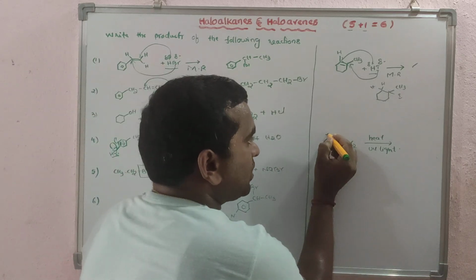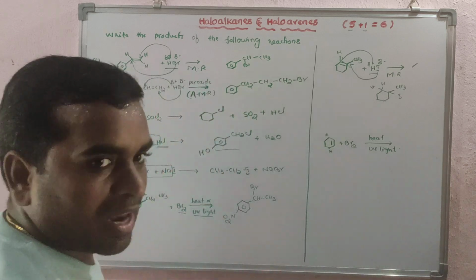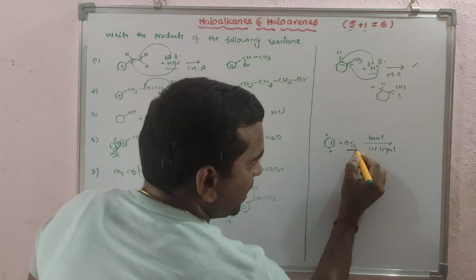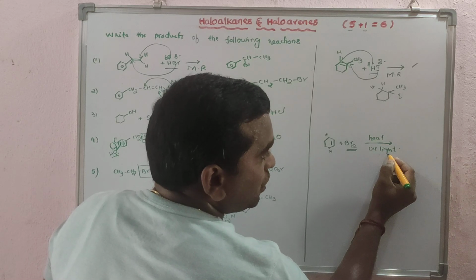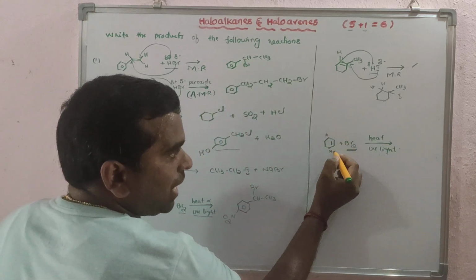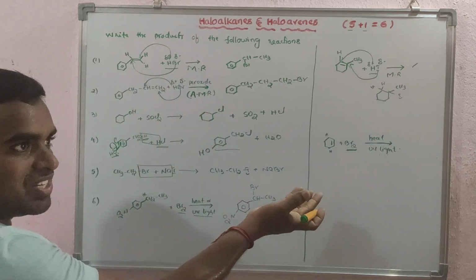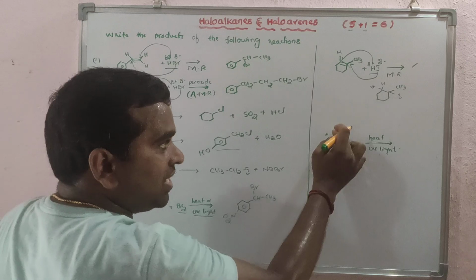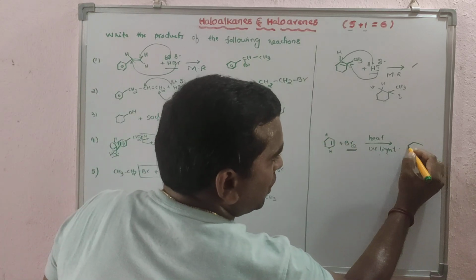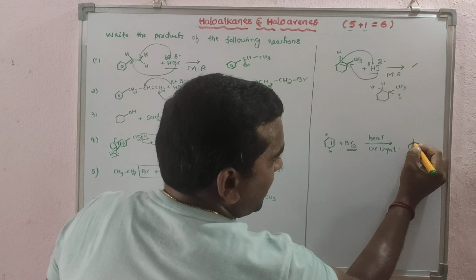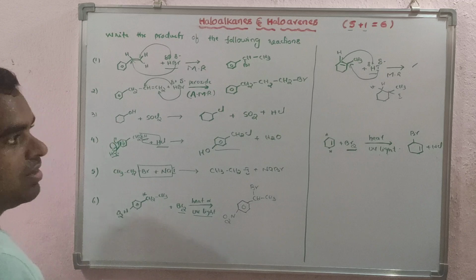Next one, alkene containing double bond, the next carbon we will call the allylic carbon. Here what is there? Bromine. On the arrow you see what they have given? Heat and UV light. Allylic or benzylic plus halogen, heat and UV light. What is the reaction here? Allylic substitution. Either this hydrogen or this hydrogen is replaced by bromine. You will get the compound allylic bromide plus HCl.